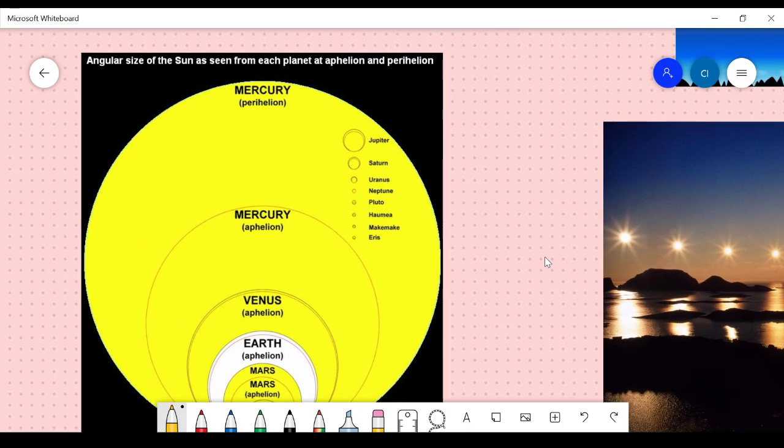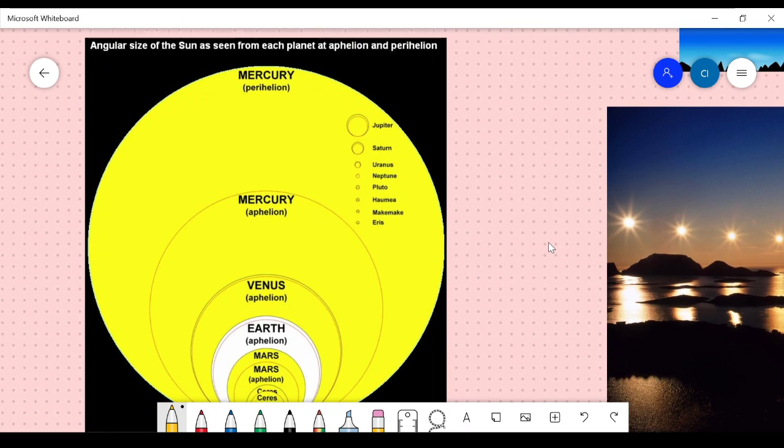This is another graph, which shows the angular size. Angular means it is circular, it has some angle. So 180 degrees is the angle that they have taken. Angular size, the sun as seen from each planet, at aphelion and perihelion. Aphelion means, suppose you have a circle like this, with the sun, then this will be the distance between